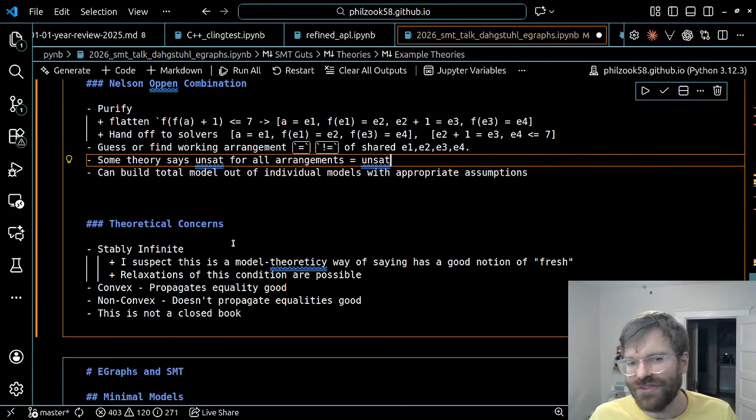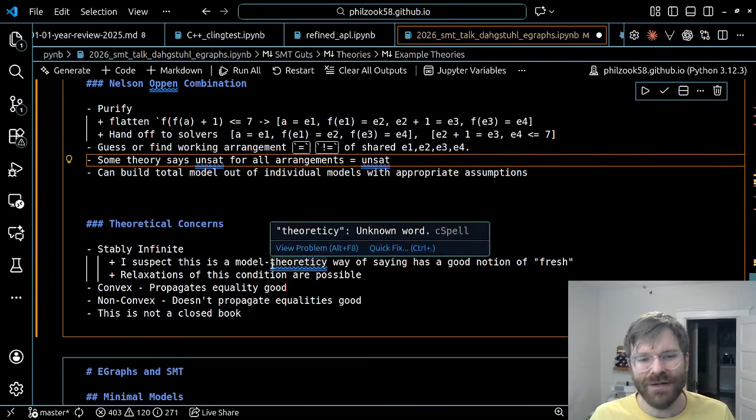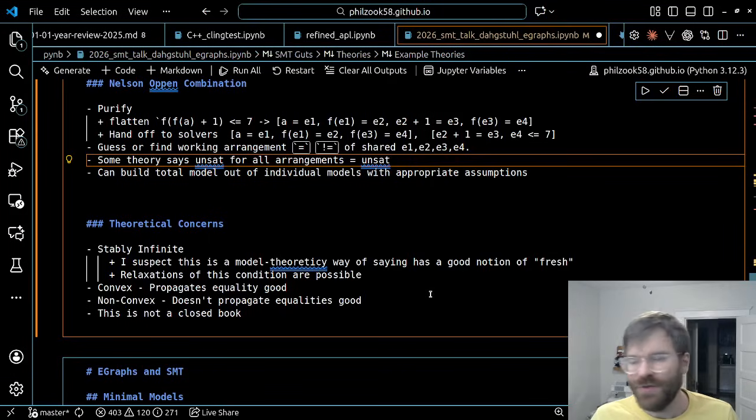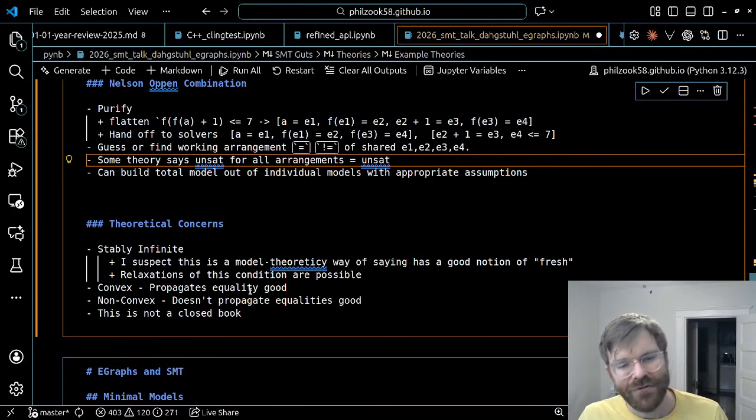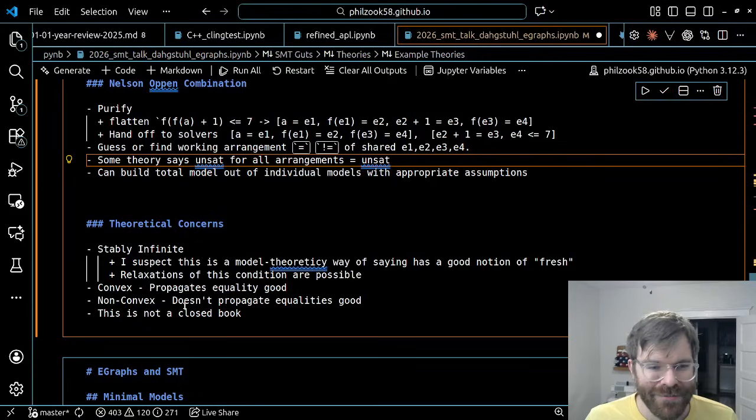Relaxations of this condition are possible. There are stronger and weaker conditions than stably infinite that might be useful in a combination problem. Convex means that the theory propagates equality well, basically, and non-convex means it doesn't propagate